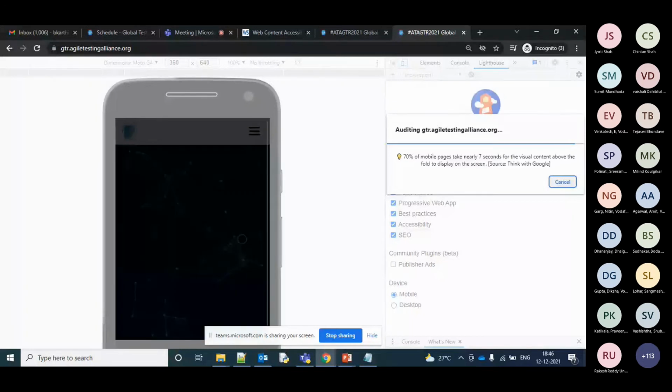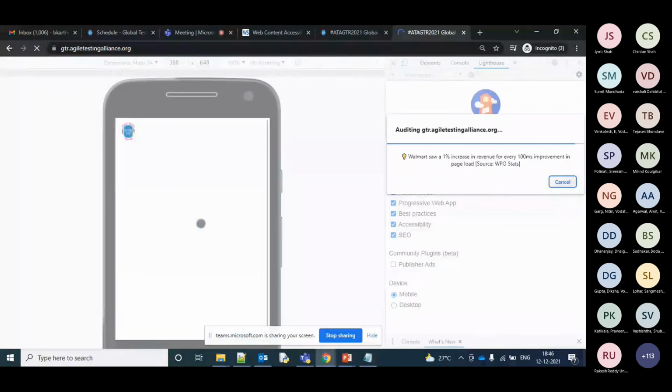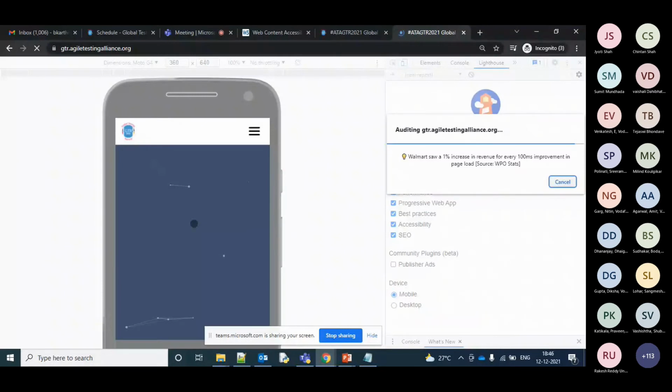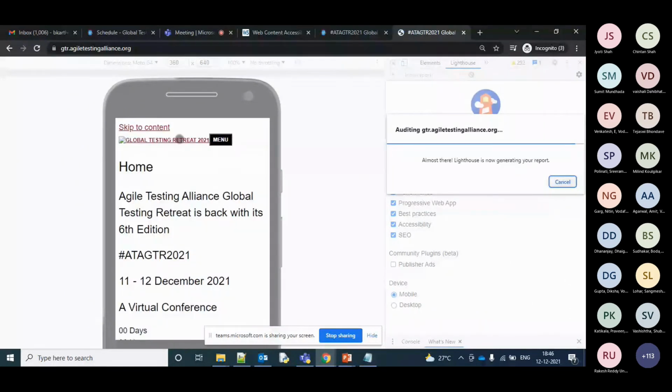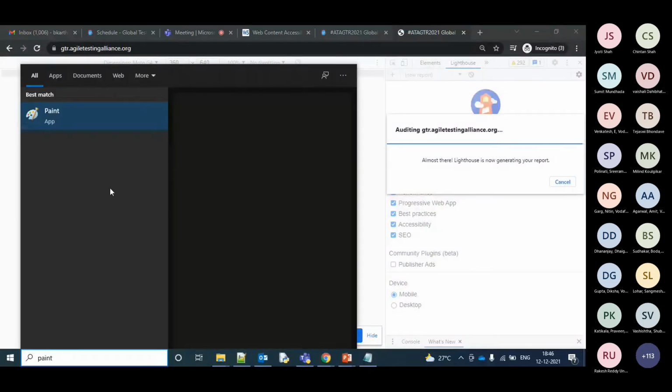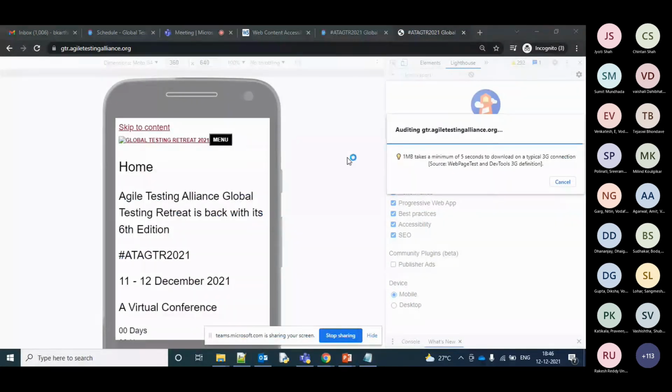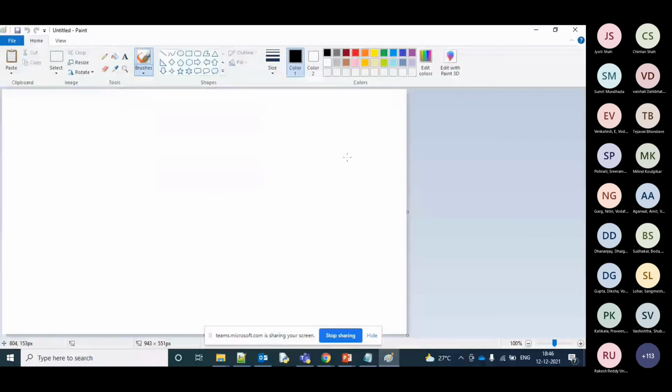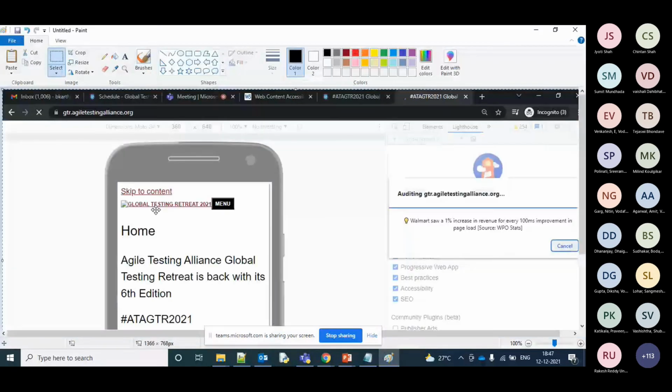It's still trying to render. Yeah, see, I just took the screenshot and let me go to Paint. All these attributes help us in different ways.